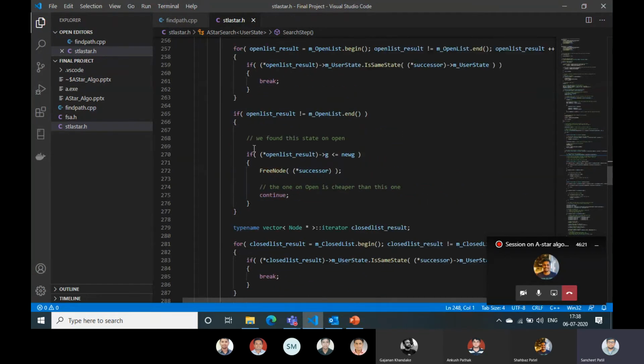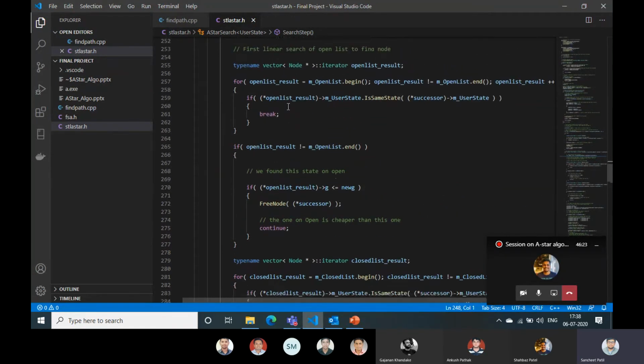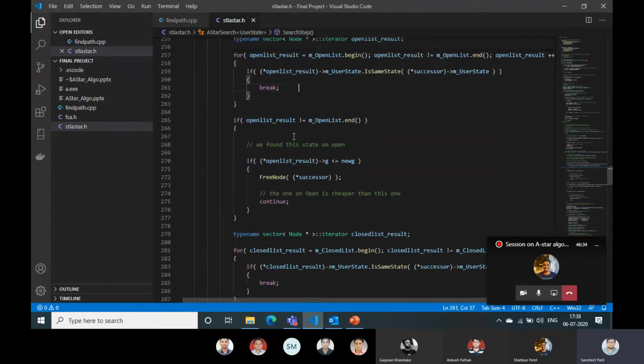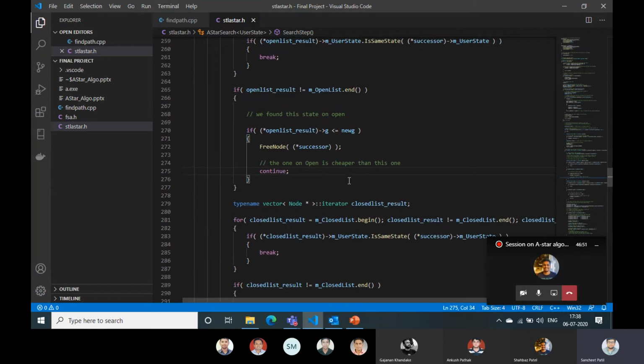And once the open list has the state, because I will be checking whether the state I am traversing through is similar or not, if it is similar, it will break, and after that the if statement downward will check whether that was the end of it or not. If it is not the end, that means a node has been captured which is less than the one we have calculated,